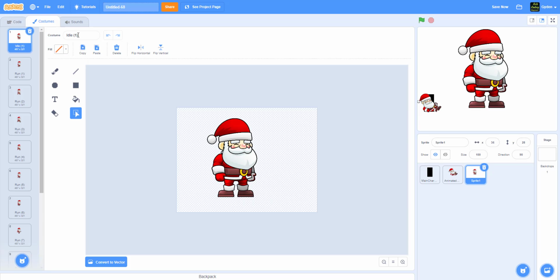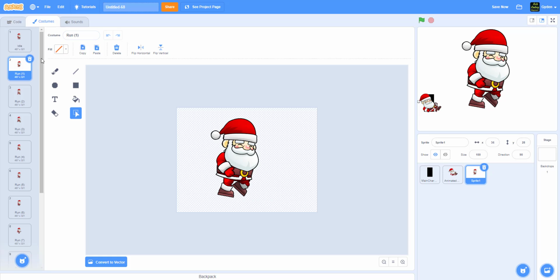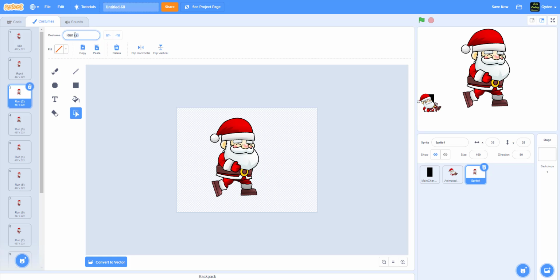So what I did was I actually changed it to like 1 or something like that, or for idle only use 1, then you don't need the 1. You can keep it blank, right? For these, I didn't like the parentheses, so for me I rename it like this: run 1, run 2, whatever. But the important thing is that you want to make sure that you keep the center